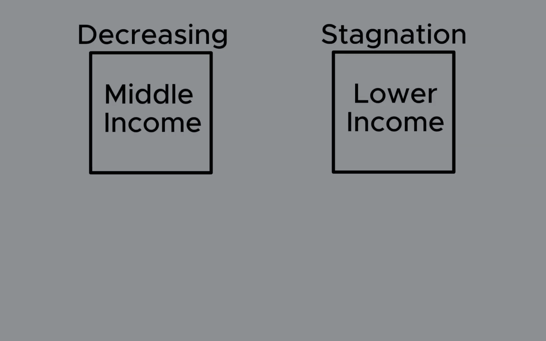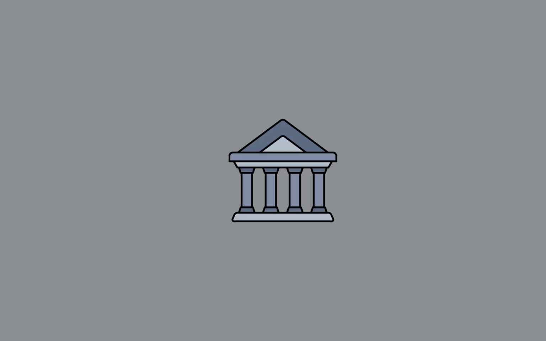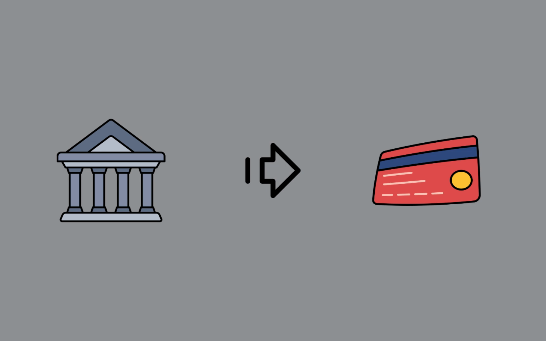With the stagnated and decreasing purchasing power that the lower income and middle income brackets had, this caused them to have to take on debt, and in the case of the financial crisis, they had to take on very, very risky mortgages, as many of these individuals had very bad credit scores. Banks and other financial institutions faced very weak regulations leading up to the 2008 financial crisis. Banks loosened their lending practices, offering subprime mortgages, like I just stated, to borrowers with poor credit and often with little income verification. So they were completely fine with giving these borrowers very, very risky mortgages, as they would most